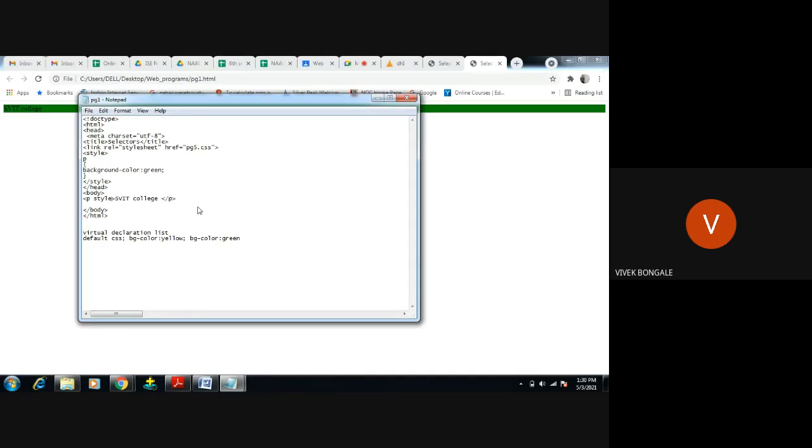Style for the inline style sheet. What we have to do? Style equal to, I want to give something like background color.